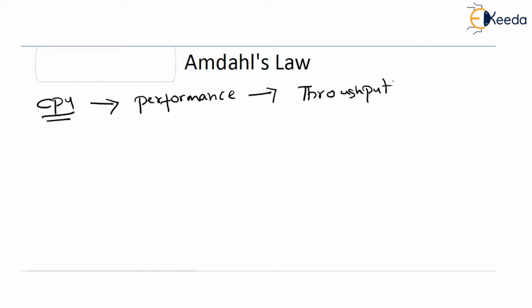That is, the standardized unit time is 1 second. In 1 second, how much execution has been completed? What is execution? When you talk about a CPU, it always talks about instruction execution, right? CPU always executes one or the other instruction. Other than the instruction execution, CPU has no business at all. If you ask the CPU what you're doing, it will tell you only one answer. That is, I am executing one instruction at this particular point of period.